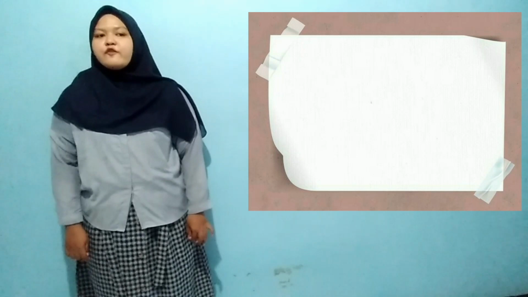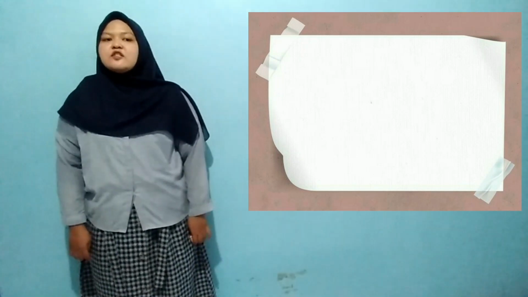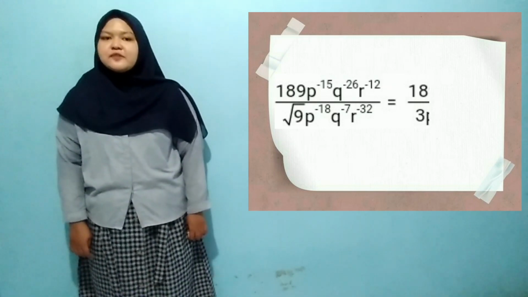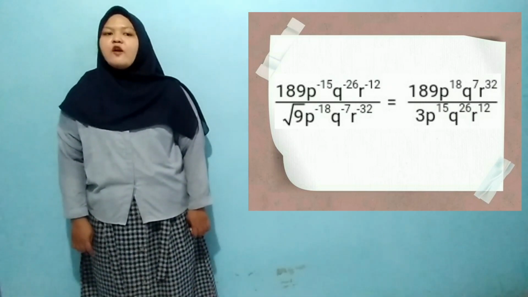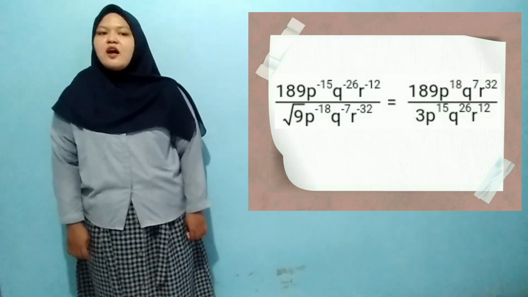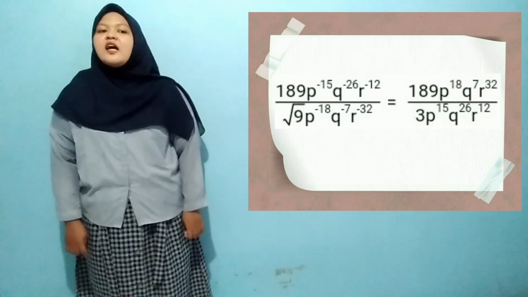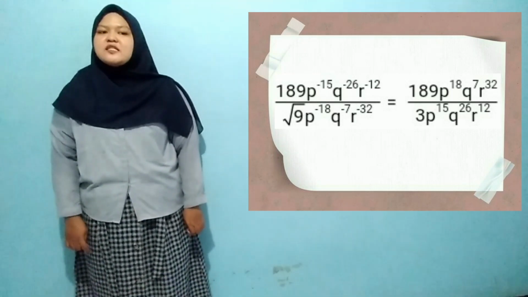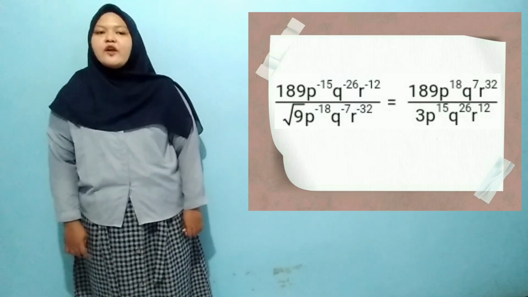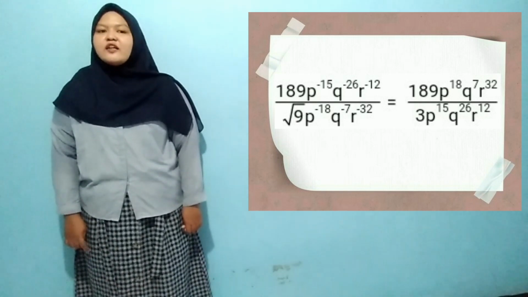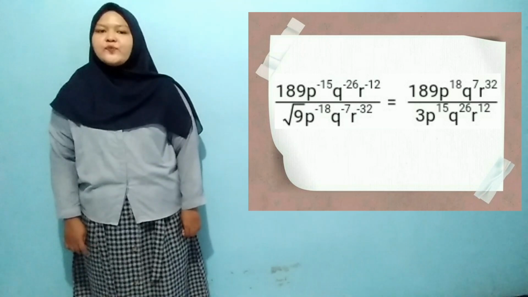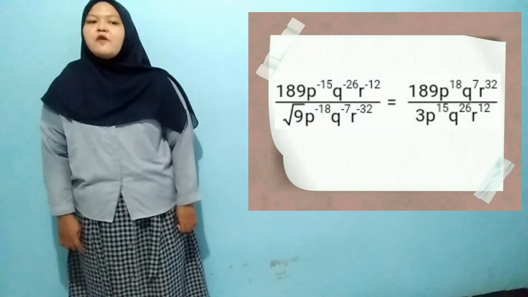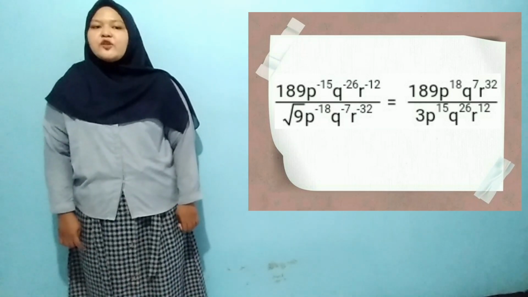And the answer of question number 2 is 189 times p to the power of minus 15 times q to the power of minus 26 times r to the power of minus 12 divided by root 9 times p to the power of minus 18 times q to the power of minus 7 times r to the power of minus 32 equals 180 times p to the power of 18 times q to the power